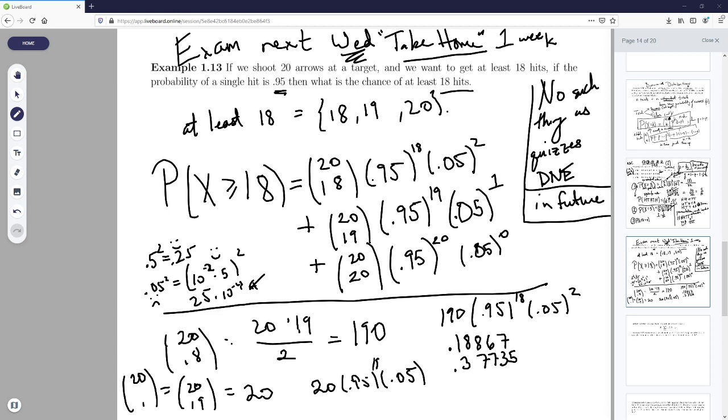All right, we're almost done. So the last thing we have to do is compute 0.95 to the 20th power, which is